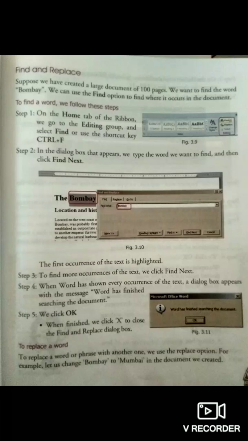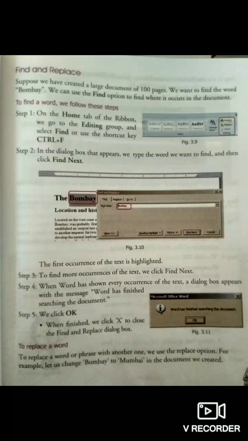Here we type the word Bombay and then click Find Next. The first occurrence will be highlighted. If the word Bombay appears more than one time in the paragraph, we keep clicking Find Next and find it this way.